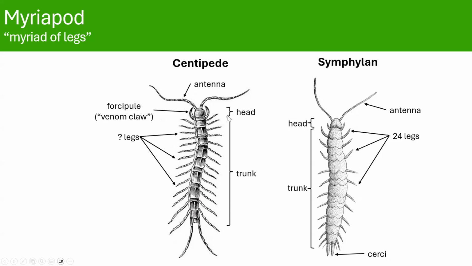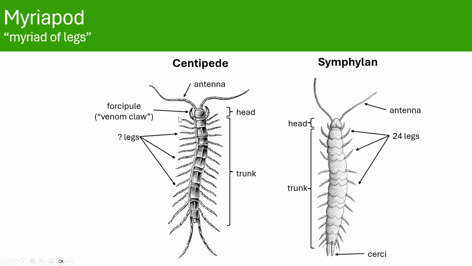One of the other important things that I want to point out about centipedes that distinguishes them from Symphylans is this right here. This is called a forcipule, or a poison claw, venom claw. This is what they use. They actually inject venom into their prey. They bite, and centipede bites, I'm told, can hurt. I've never been bitten by a centipede, and I don't intend to get bitten by one, but that's important for a lot of people because centipedes can bite,